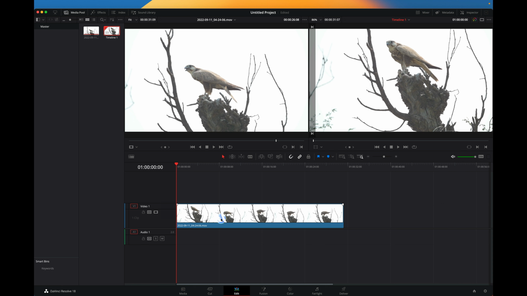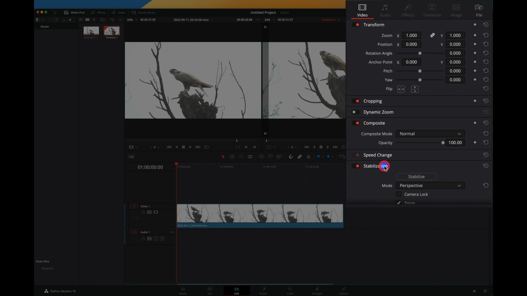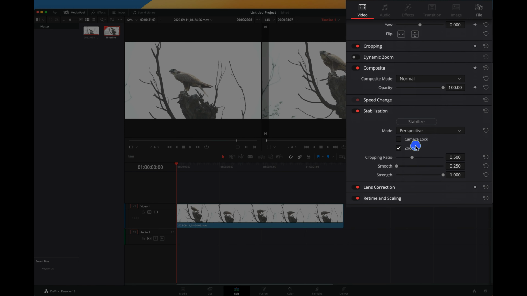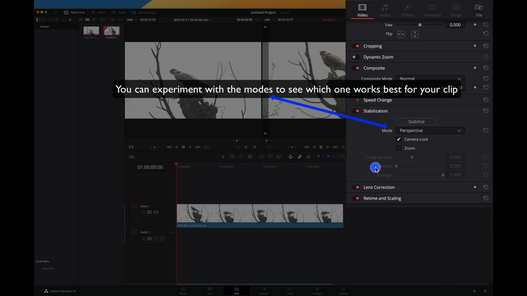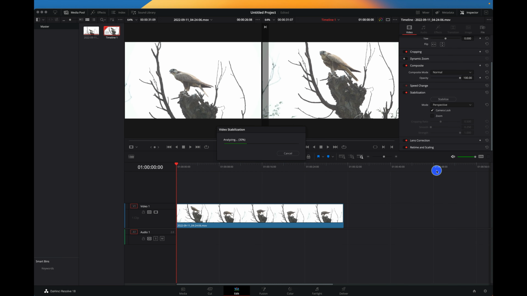Now there are two ways of stabilizing this. One, we go into the inspector, the right top. The second, we go into stabilization, make sure zoom is off and camera lock is on. Basically what we need is a camera lock, which is what would happen if you were shooting on a tripod. So once we've done this, let's stabilize and